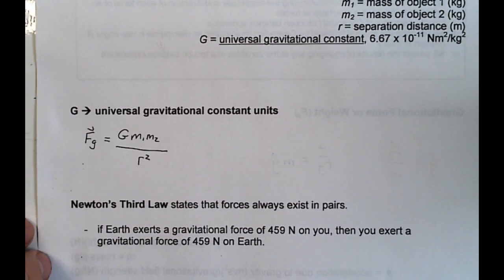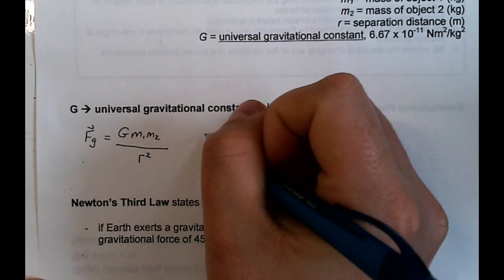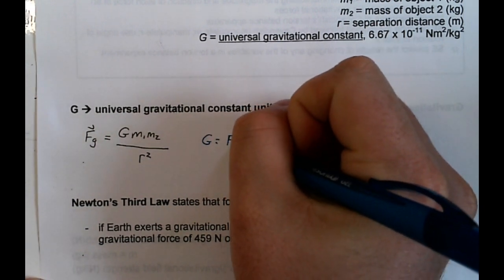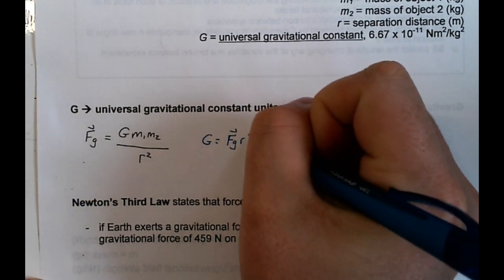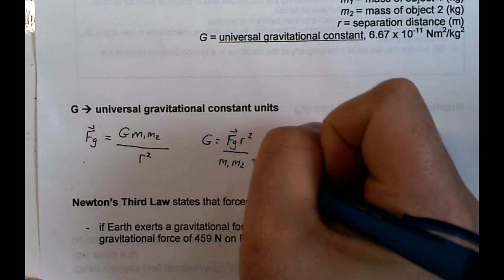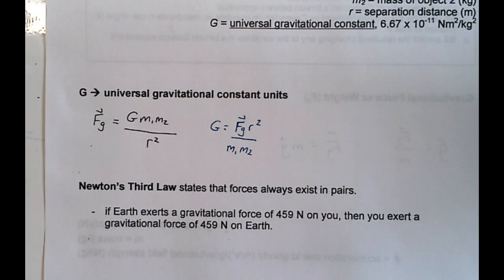So if I rearrange this, solving for the gravitational constant, I will get G is equal to Fg r squared over m1 m2. If I plug the units in for those values,